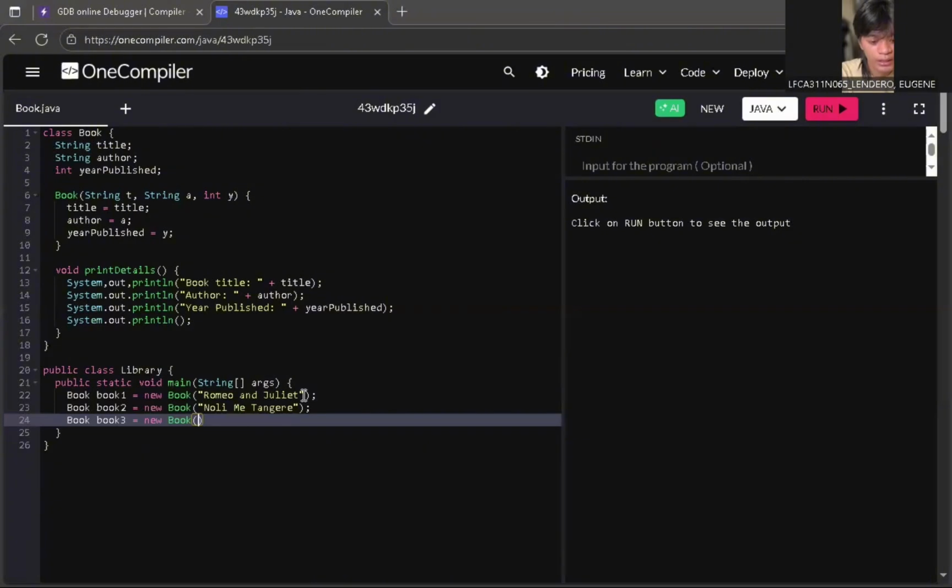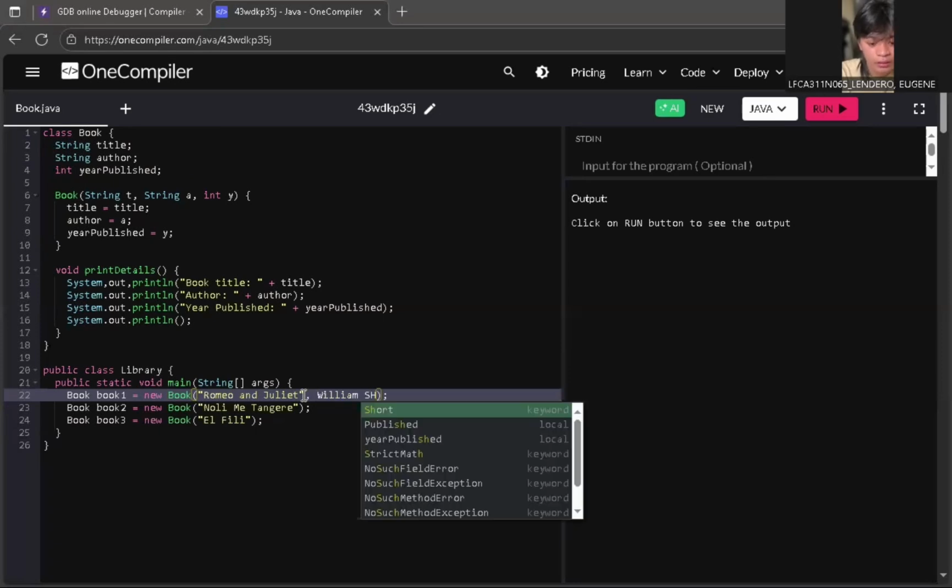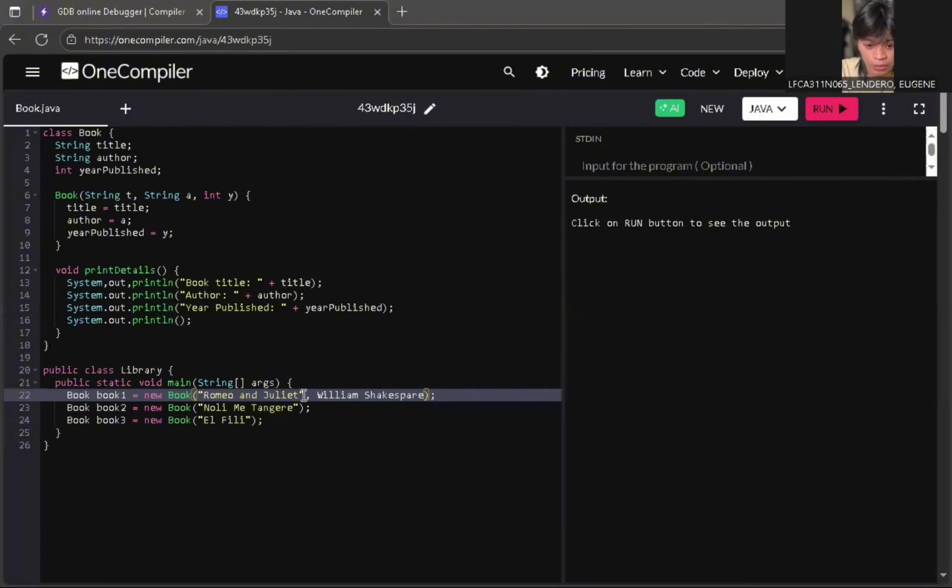Then our author of Romeo and Juliet is William Shakespeare. Then, quote unquote, then Romeo and Juliet was published in 1597.